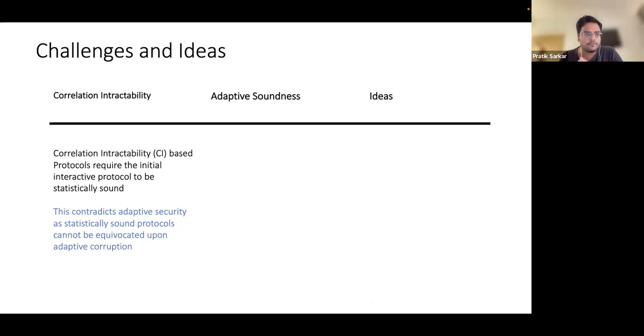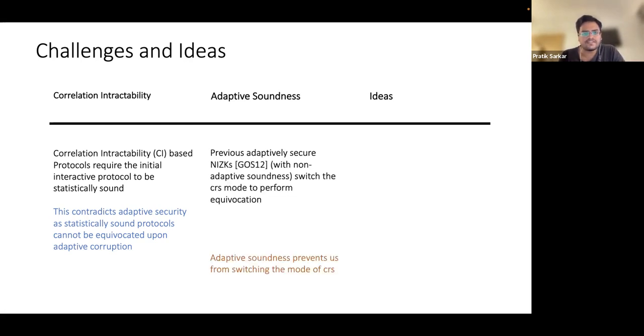So our protocol is in the correlation intractable hash function based protocol domain. The CI-based protocols actually require the interactive protocol to be statistically sound so that you can apply the CI argument. However, this contradicts adaptive security, as in security against adaptive corruptions, since a statistically sound protocol cannot be equivocated upon adaptive corruption. Also, previous adaptively secure protocols like GOS